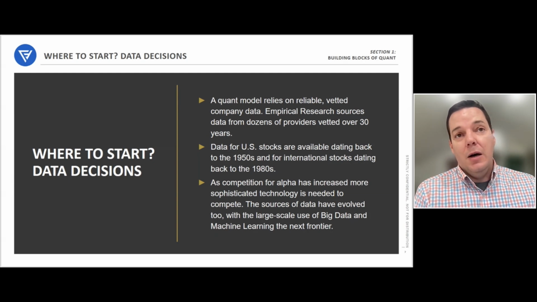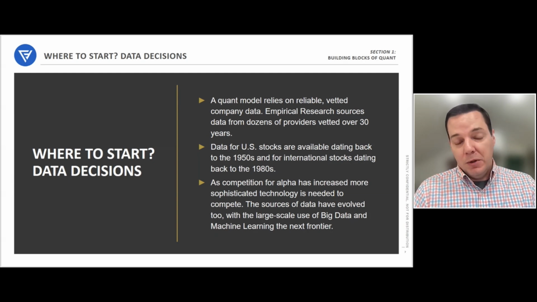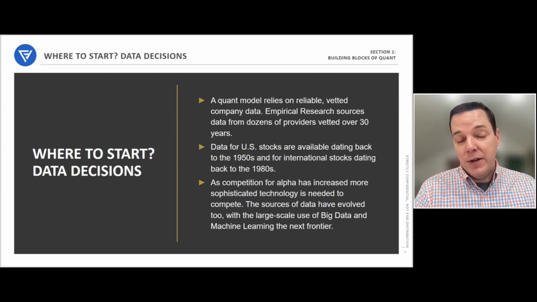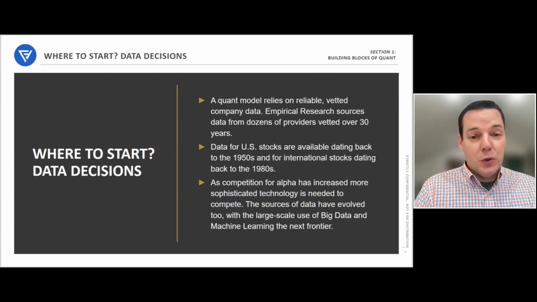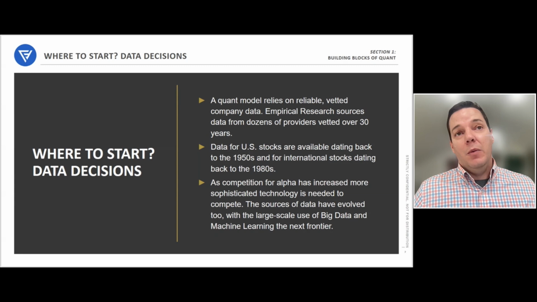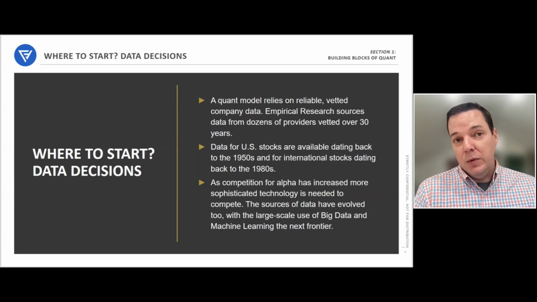We have a large number of providers that look at fundamental data. We have providers that help us look for non-traditional sources like big data factors. We have providers that look at sentiment, look at short pressure. Ultimately, a large amount of data is the best starting point when developing a quantitative modeling